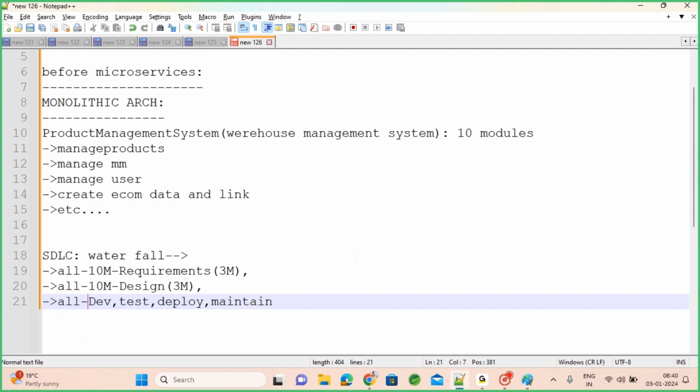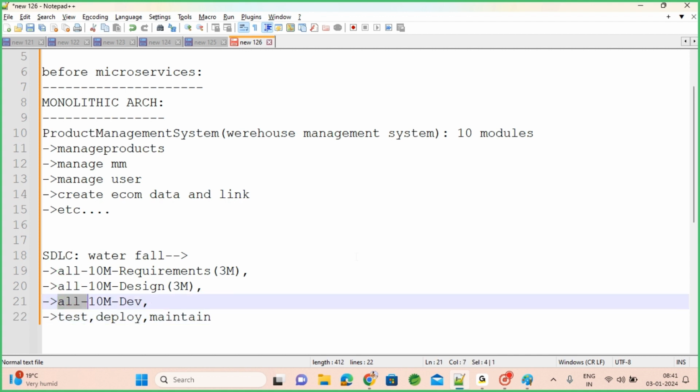Of the 10 modules, maybe we start with the high priority ones, and then go with low priority. But all team members used to work on the same code base, right? When it is a single application, though you have 10 team members or 20 team members, they work on the same project. Parallelly we can work on different modules also, but we used to work on a single project. Then once everything is done, until completing these 10 modules,